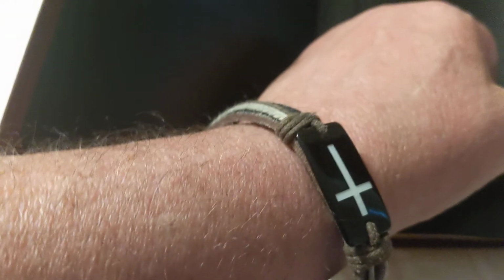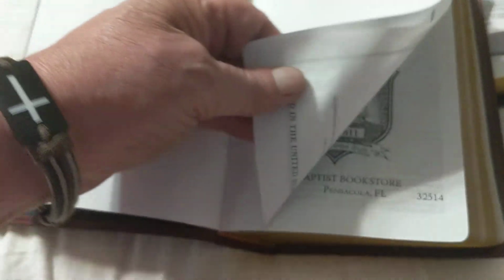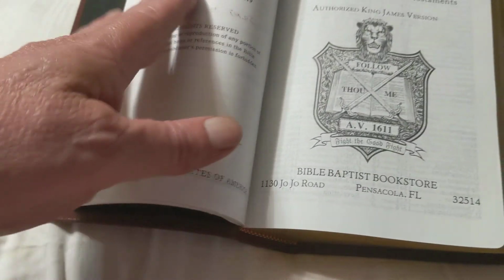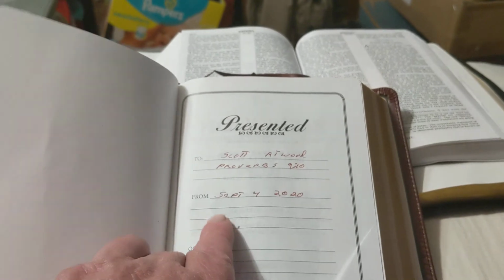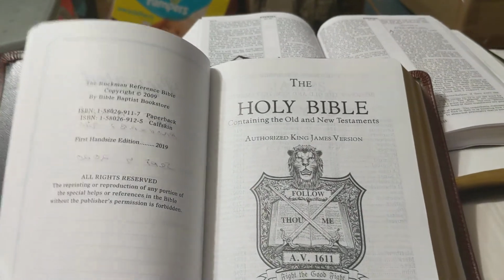You're going to have a few pages. Of course, you don't want to tear that first page apart. And then you're going to have a few. I just opened it, so it's still pretty stiff. So 3 or 4 pages of cardstock, and you got a presentation page. I always write when I receive them. It's September 4th today. Then you'll have his crest